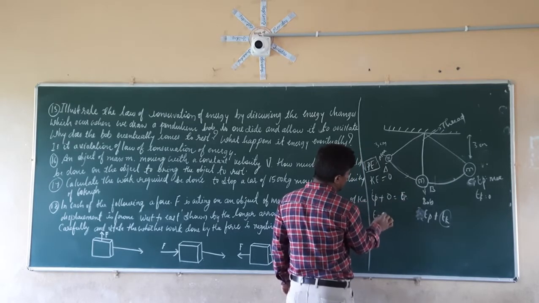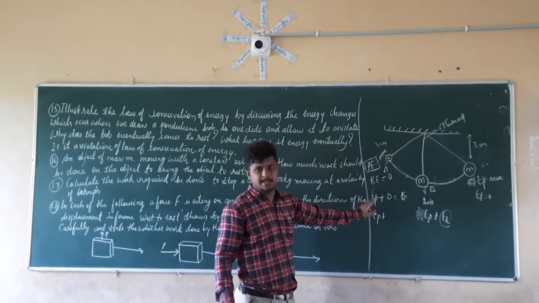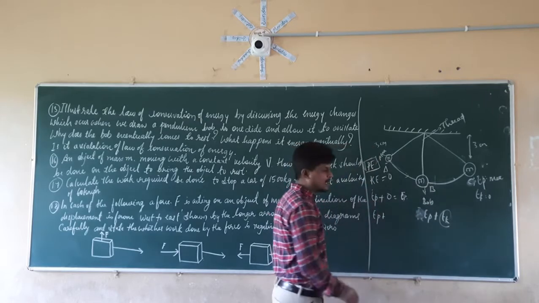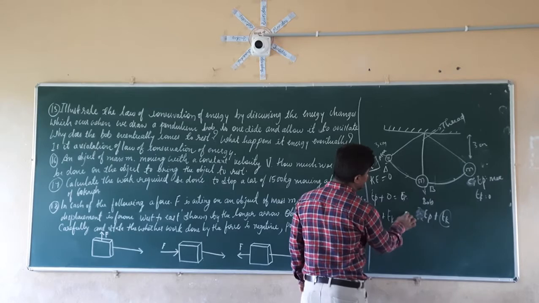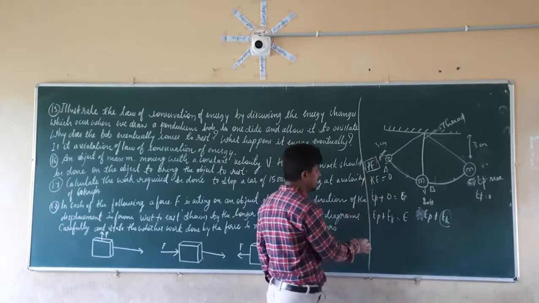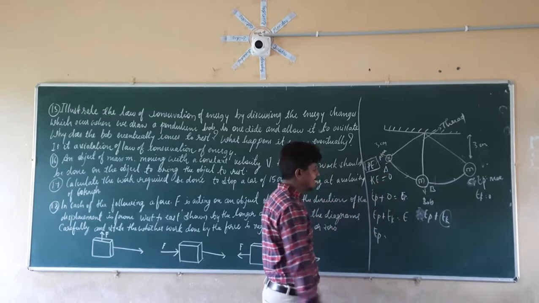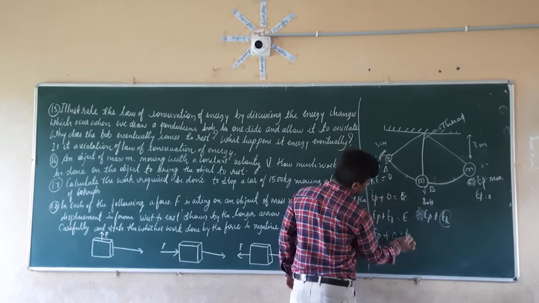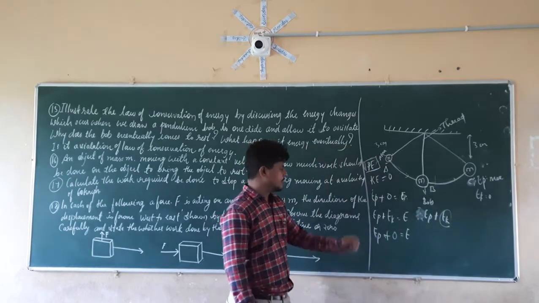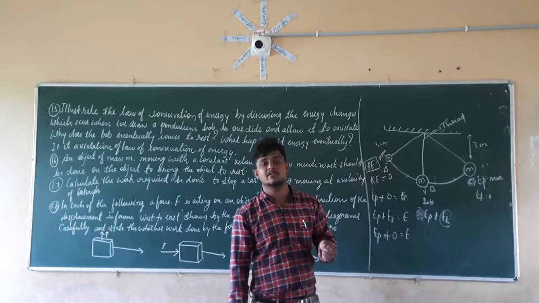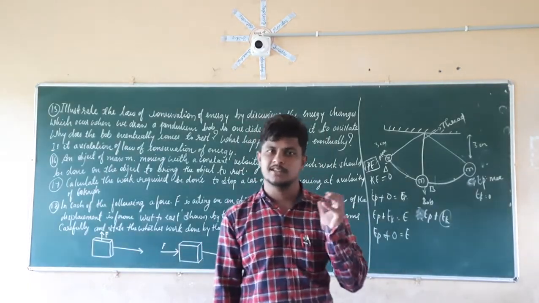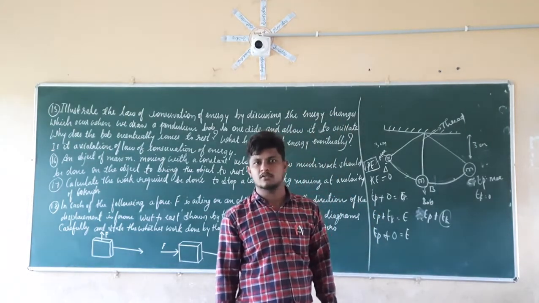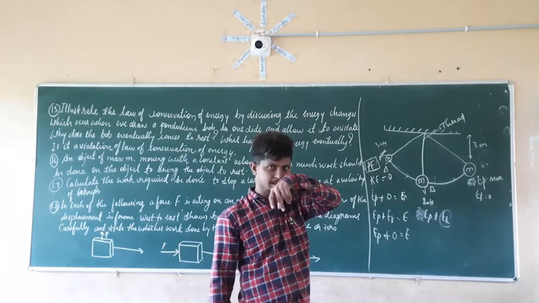Here EP will be lowest. So whatever the EP which is lost here, the potential energy lost at the point P, is getting converted into the kinetic energy. So EP is equal to EK, again equal to E. Again at the last point, at the point C, it is the maximum one. So EP, here EK is equal to 0 at the last point, then it is also going to give the E only. So if we check at each and every point, it is going to give the total energy as E only. The total energy is constant. Because of that, it is going to follow the law of conservation of energy, and it is not going to violate it.